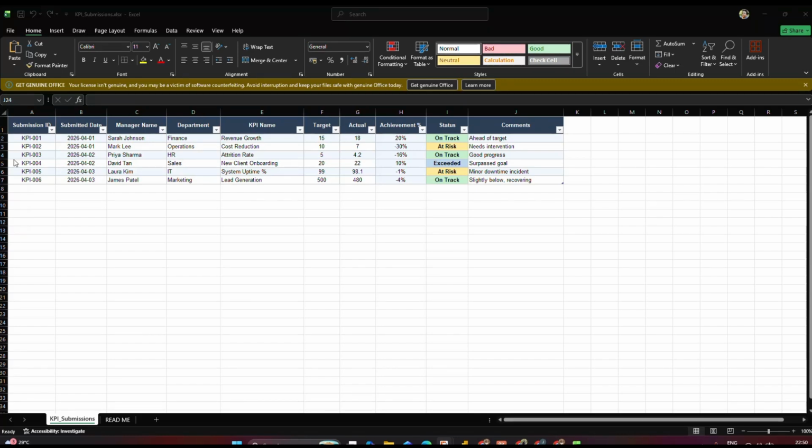Managing data in a shared Excel file is a recipe for disaster. Multiple people editing at once leads to file is locked, errors, accidental deletion, version control, all these nightmares can happen. Okay. So what you can do by moving this kind of data to a SharePoint list, if you do this,